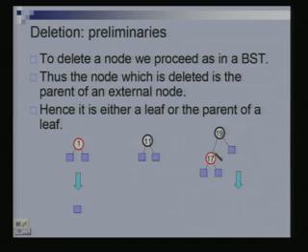Similarly, this case is also easy. Why? What will I do? I am trying to delete this 19. So, what should I do? 17 can move there and this entire thing can be removed. Yeah? So, I have not created a double red problem. What was above it is as it was before, right. And if this earlier had 10 black ancestors, it still has 10 black ancestors, right, and this node also has the same number of black ancestors as before. So, the only tricky case is this one really.